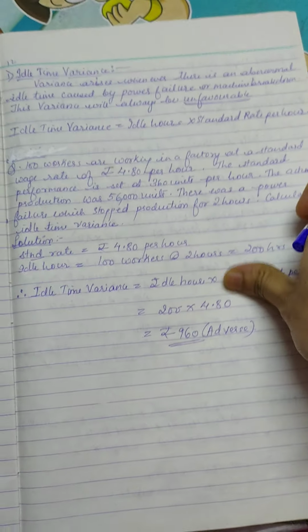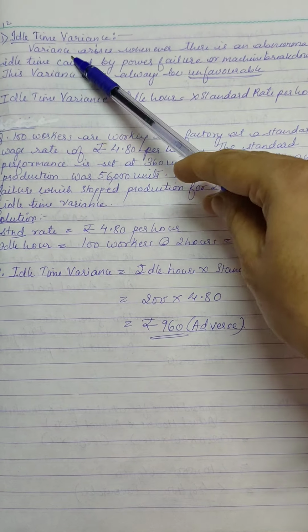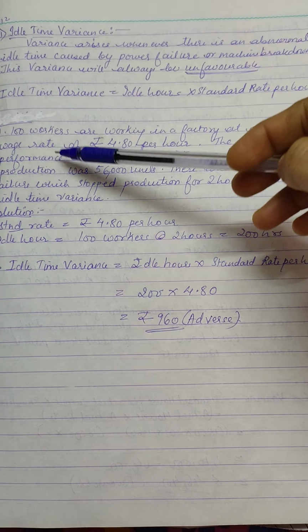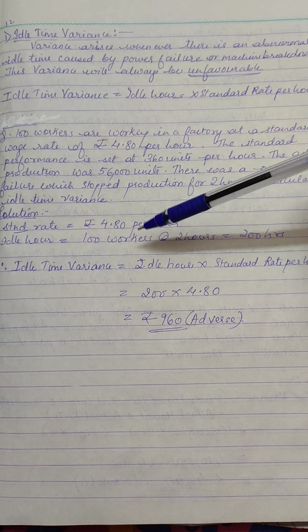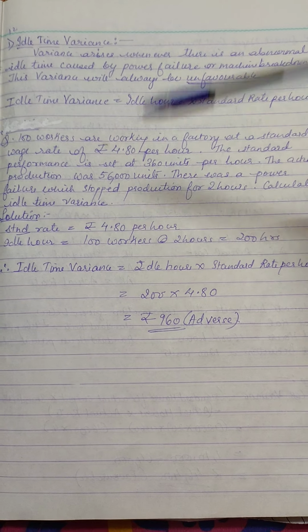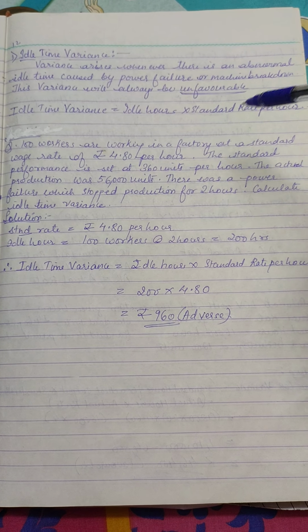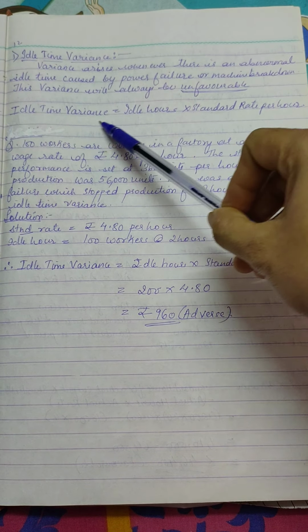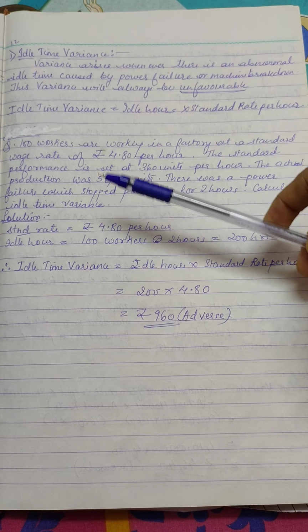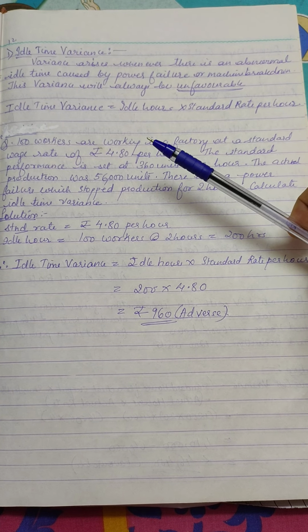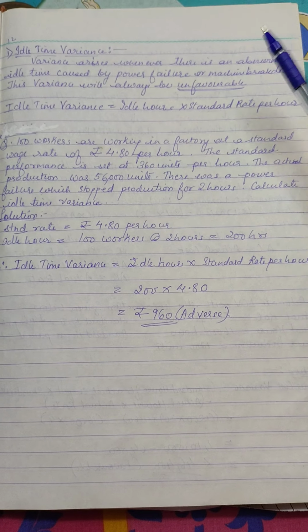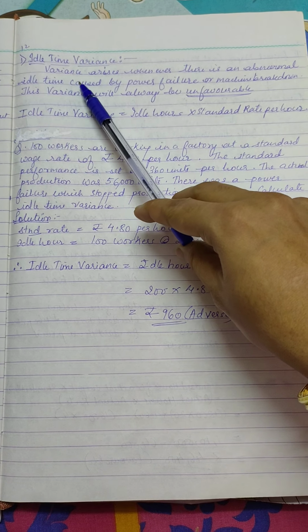Idle time variance. Now what is this idle time variance? At a point of time, due to unknown situations, employees are idle. At that point of time, that is a loss for the company. So how is that loss going to be calculated? That is idle time variance. Actually, I had predicted that this much idle time would be standard, but how much is it actually? That variance is calculated.